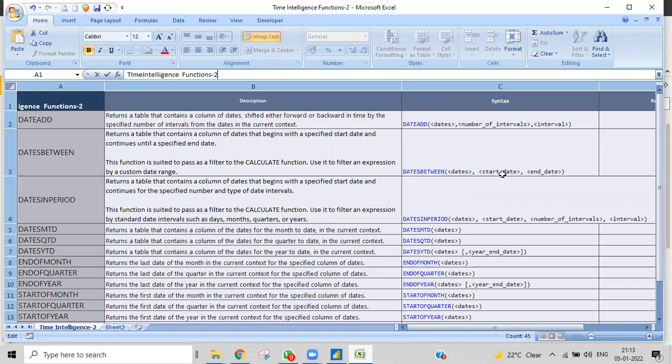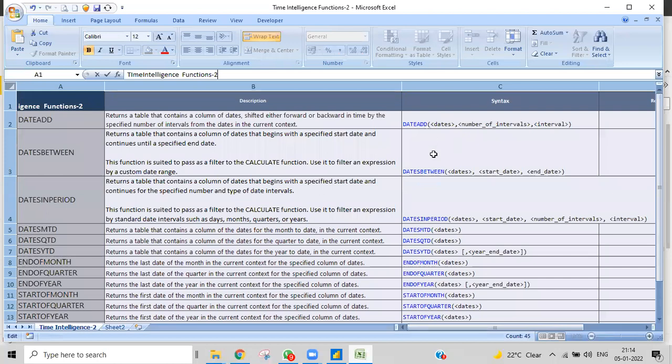Whenever we know the start date and end date, we'll use this one. It will give the dates between those two, and for all these dates, it will calculate the total sales. Let me show you the example, and then you can understand what exactly I'm trying to tell you. Here, if I give -3, it will go 3 months back, and for that particular month only it will give the sales.